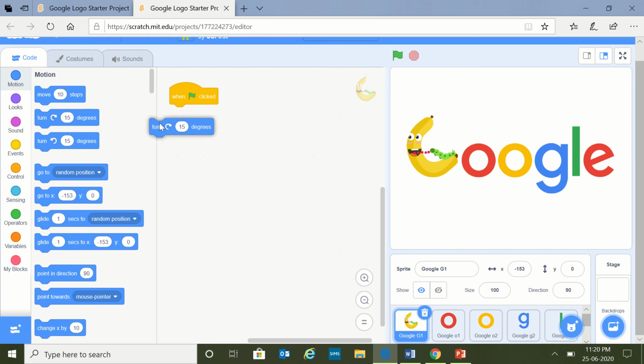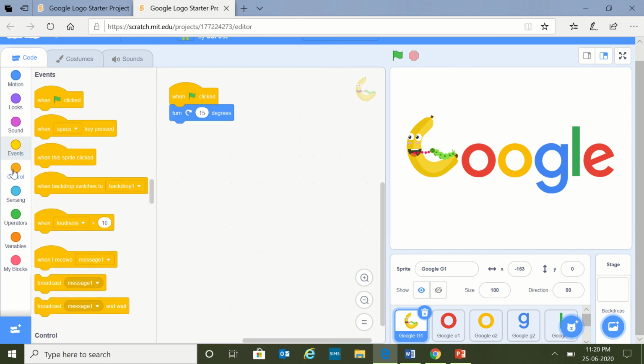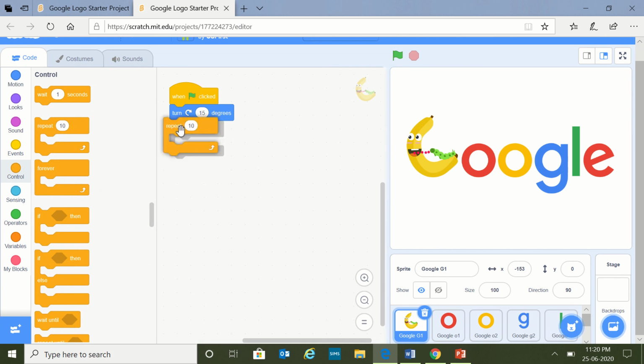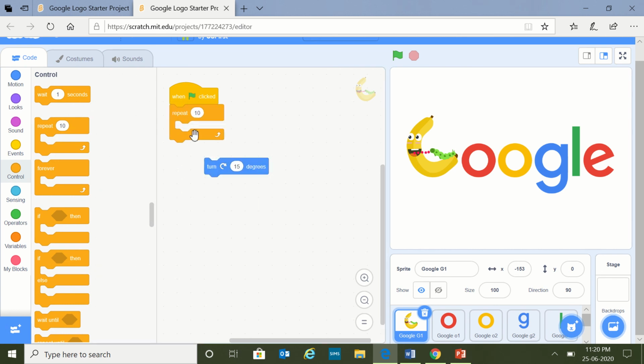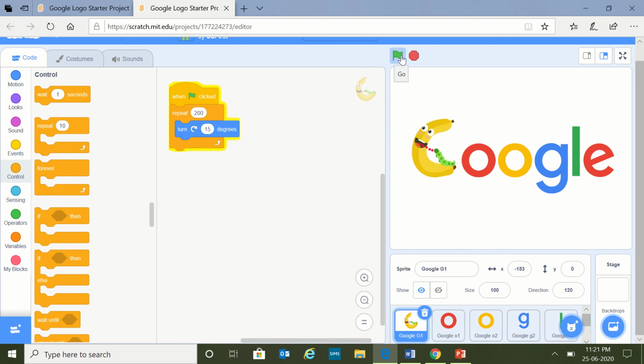So I can use a turn command, but along with that, go to control and put a repeat command, to repeat this program coding 200 times so that when you click on play, it goes for a little longer time. And then you can stop if you want somewhere in the middle. So this is the way you're going to work for the other alphabets also.